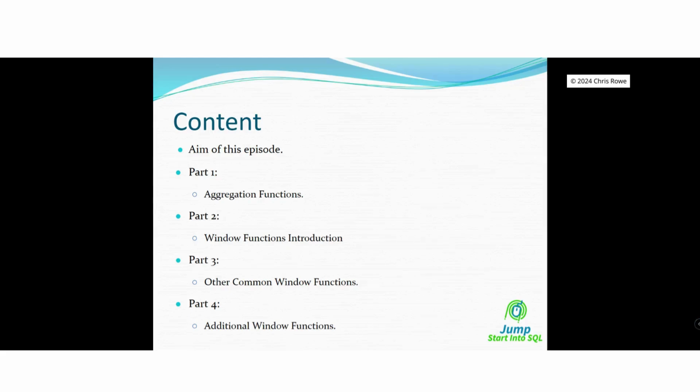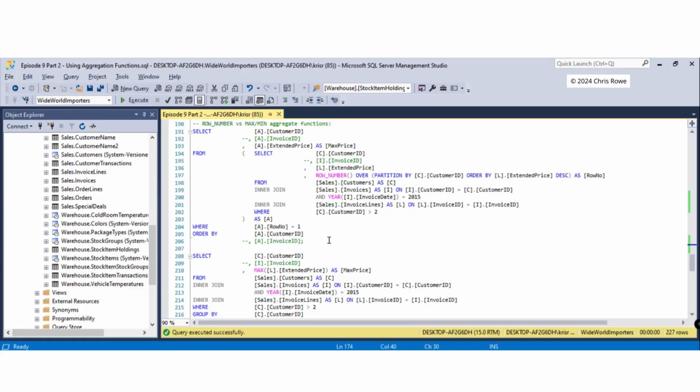Welcome back everyone to the third video in the second part of the episode, where we wrap up what we need to learn about window functions. So let's head on back in to SSMS. Okay then, just double check that you're in the right database there, and we'll go over the row number versus